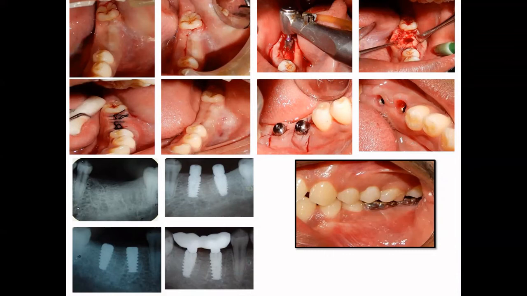After the drilling procedures, we can see the hole of the drill, and then we place the implants inside the drilled site and suture it back. So the implants are inside the soft tissue. In the seventh picture, we open it after 3 to 4 months. Then we place a healing abutment. This healing abutment, you can see, provides a wonderful soft tissue contour around the implant surface. After which the final abutment is fixed and over which the crown is fixed.